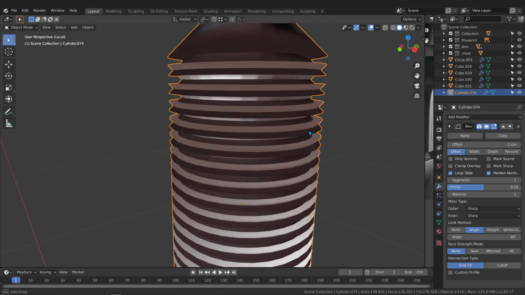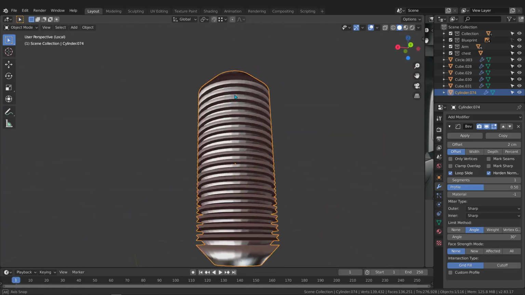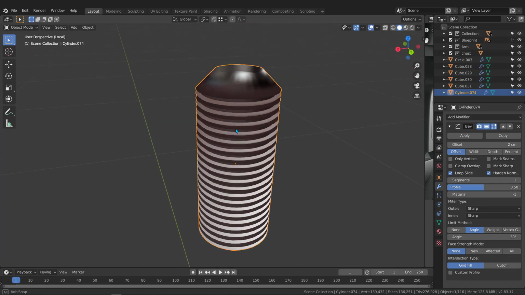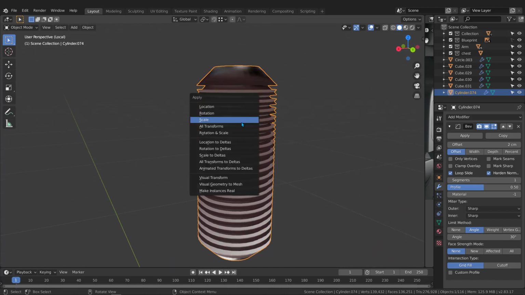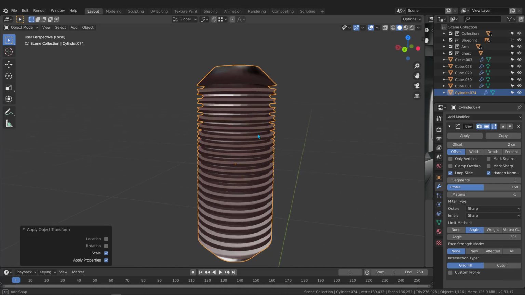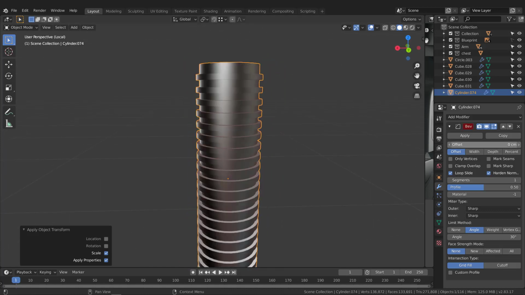Let's see what we got here. As you see here, the result is not correct. That's not correct, and I think that's because of the scale. Control A, let's apply the scale again. No, it's not because of the scale. So let's take this down, hold Shift and just move this a bit. Let's see